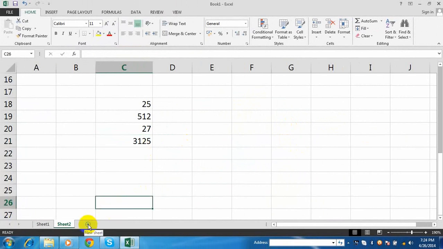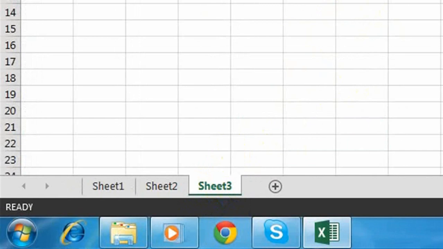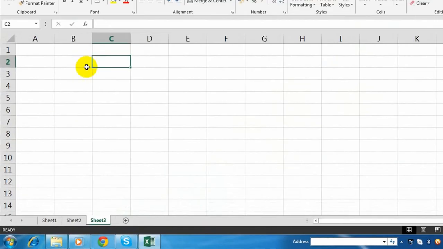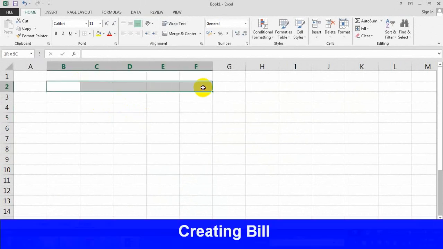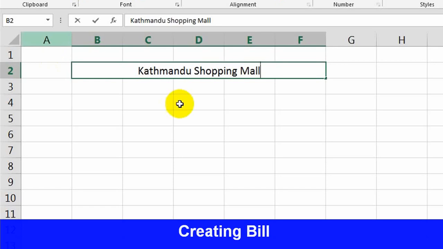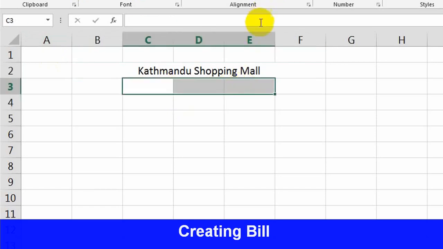Let's add sheet 3. Okay, now we are in a new sheet. Here I want to create a bill. For example, you can type any text here on heading. Suppose, now just merge and center. Type text like Kathmandu shopping mall. Now again merge, you can select the cells, click on merge and center.